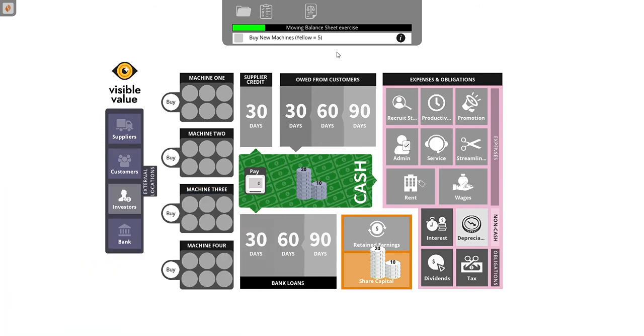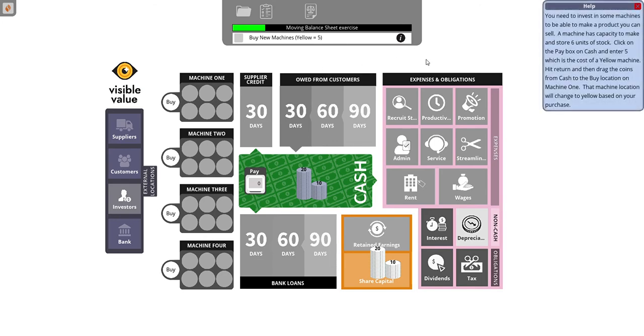and I now have a new instruction, which is to buy new machines. Now, there we are. I'll press the help screen, and I'm going to do exactly what it says. So I'm clicking onto the pay button, putting a 5 in, pressing enter. 5 coins detach themselves. I'm going to move them across,